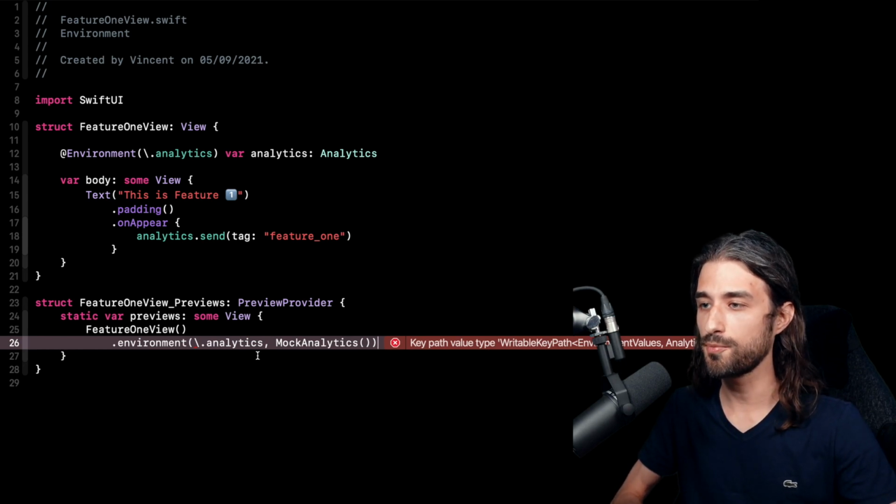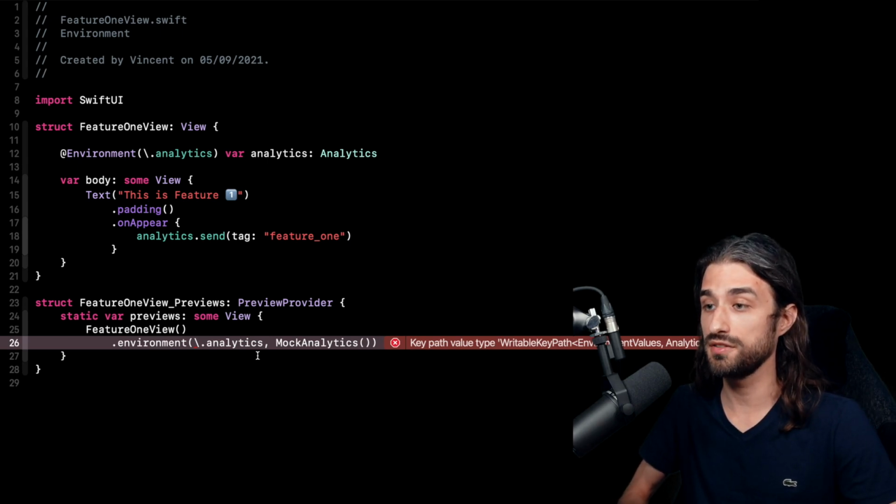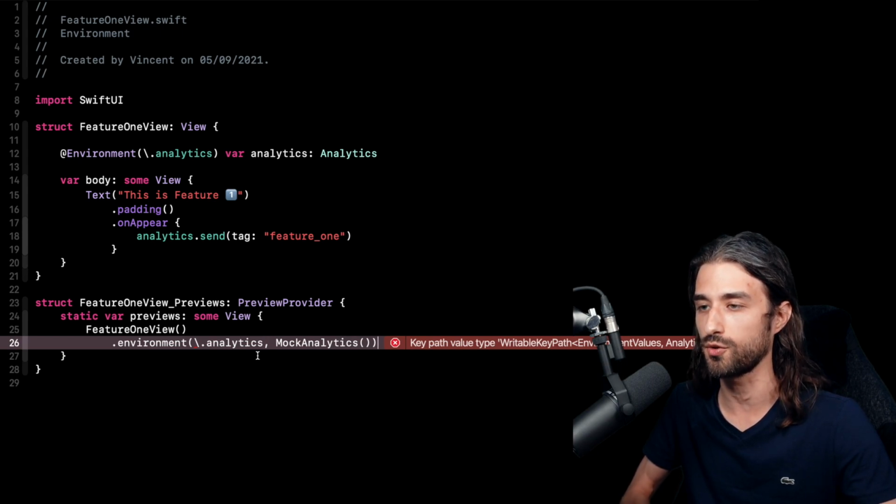So to conclude and sum up, I would say that using @environment object over @environment is kind of like deciding to use force unwrap or not. So if you are already fine with using a force unwrap, which personally I don't recommend, you can use @environment object, and you will still be running the same risk of your app crashing at runtime. But on the other hand, if you have forbidden the use of force unwrap in your app, I would argue that you should not be using @environment object, and instead you should be using @environment and make the extra effort of writing the little piece of boilerplate code you have to write, because it will provide you with the same level of added safety that you had when you decided not to use a force unwrap inside your app.